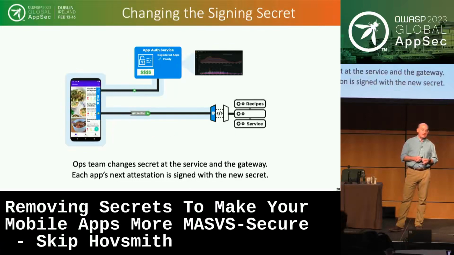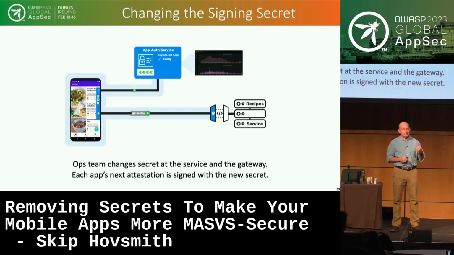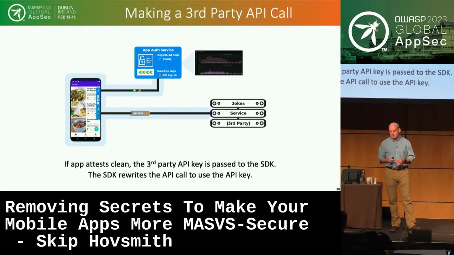How easy is it to change the signing secret? Well, it's pretty easy. All you have to do is an operations person can call up to this service and say, I want to replace my secret. So that's a separate channel, nowhere near the app. And it's very easy to change the secret from $signs to euros, and you're done. As soon as any instance of the app has to be attested, that new secret is going to be used to sign the tokens that result. So in essence, you are changing the key, and it's rolled out to your entire population of users as each app is used.